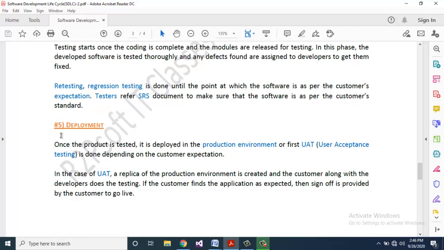Fifth one is deployment. Once the product is tested, it is deployed in the production environment, or first UAT, user acceptance testing, is done depending on the customer expectation.